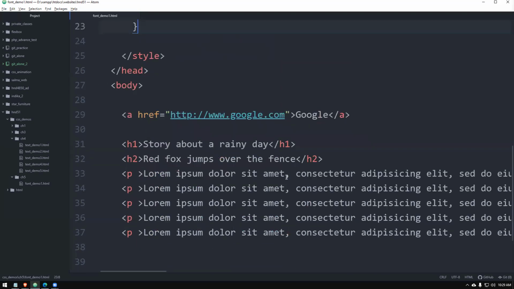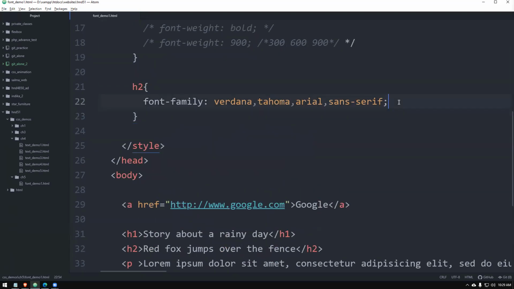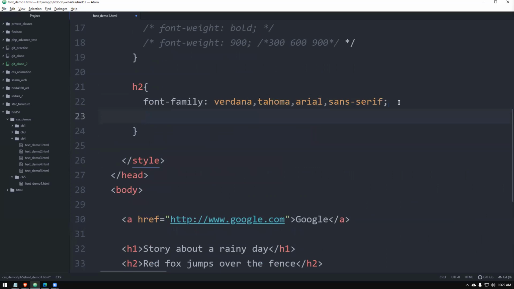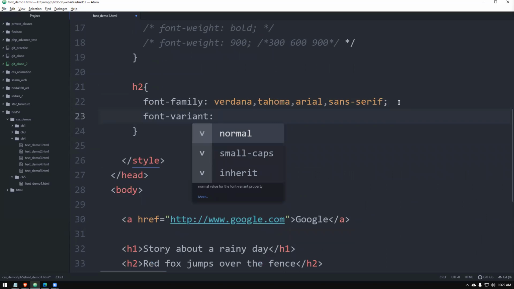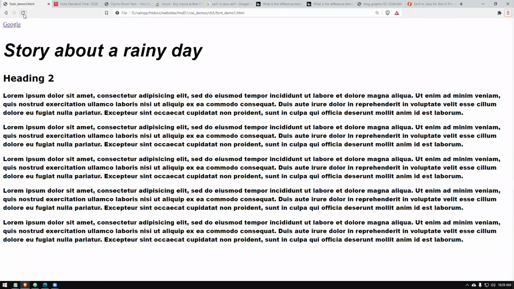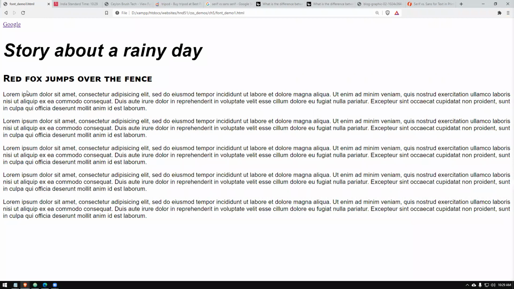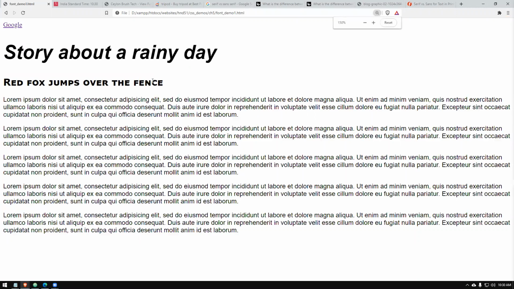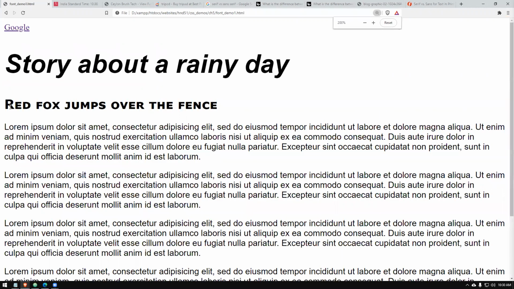Font family is okay, no worries. We can give font variant. For font variant, there are options, and one is called small caps. See this. Small caps means everything turns to capital letters, but there's a beauty in that. You can see the very first letter is a little bit larger than the rest.